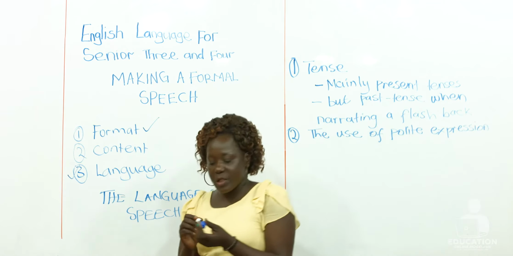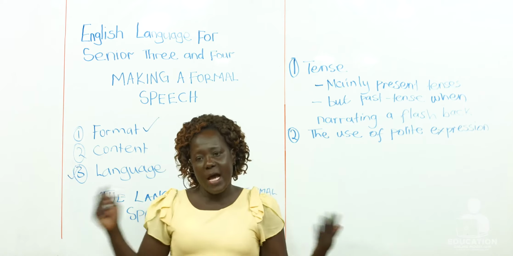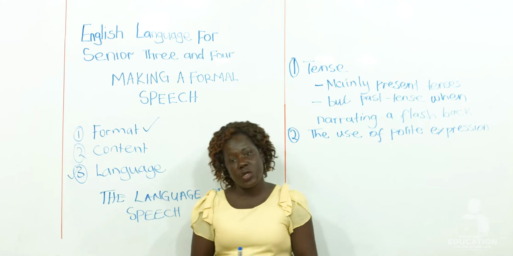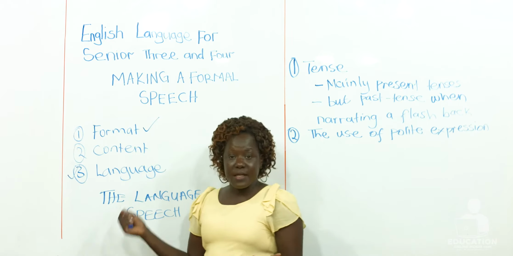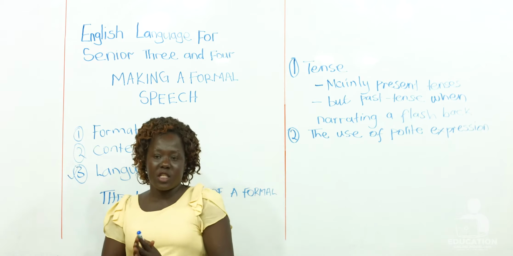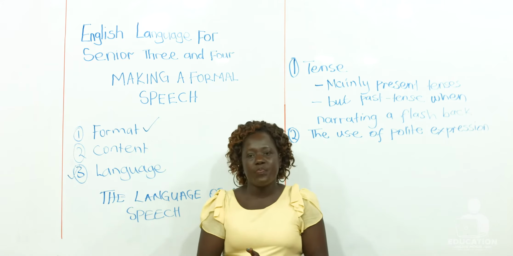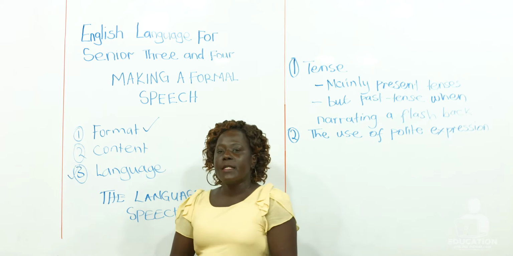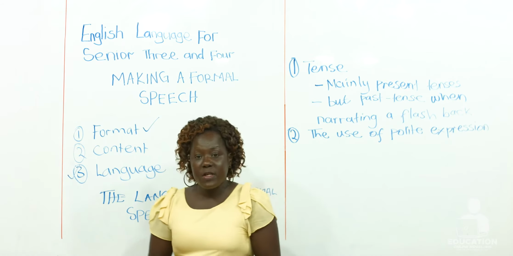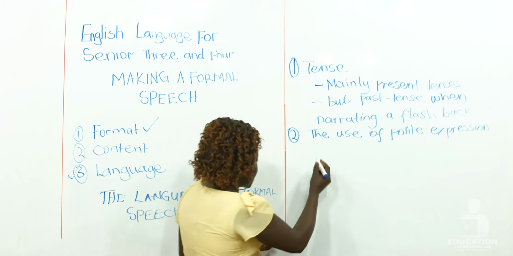Here, my dear learners of Senior 3 and 4, you have to be very polite when writing a speech or even when making an oral speech, because your audience may not be pleased with you if you use vulgar words. For instance, even when you are warning people, you have to look for the synonym of the vulgar word. For instance, you can use expressions like,